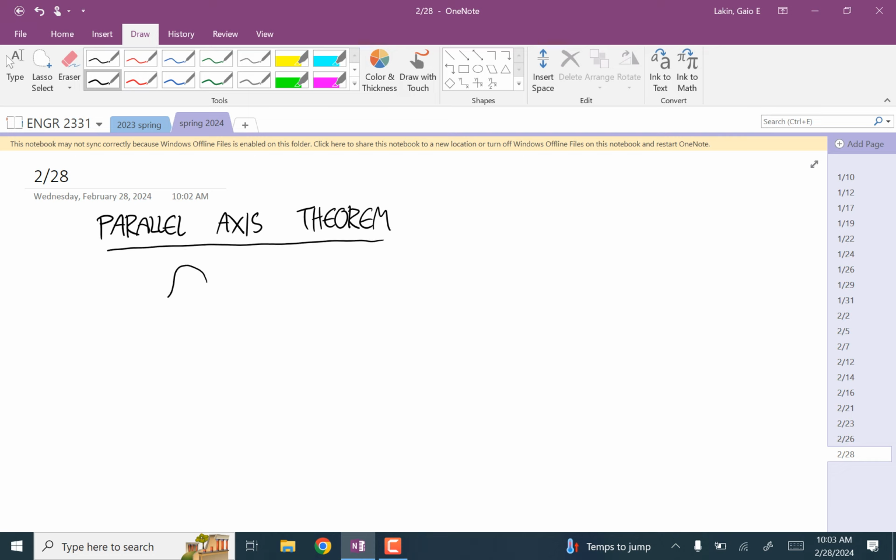So if you have a two-dimensional cross-sectional shape like this, and say the centroid of this shape is here, then the neutral axis goes through the centroid like that. And say that you want to calculate the area moment of inertia about this axis A, okay? Then you have to figure out this vertical distance D,